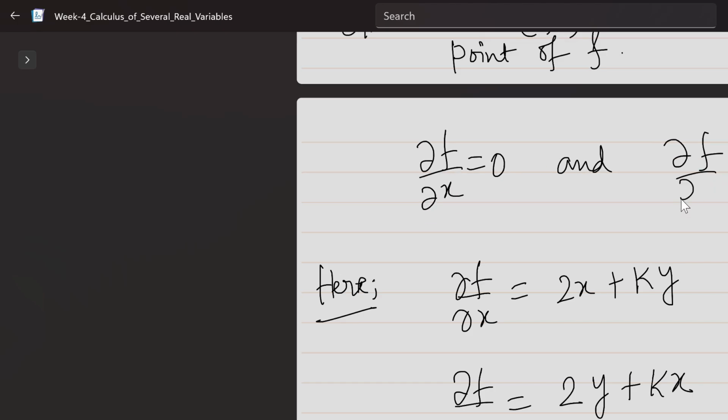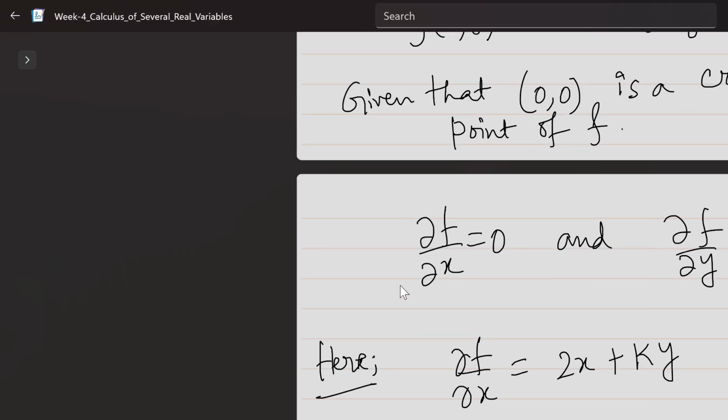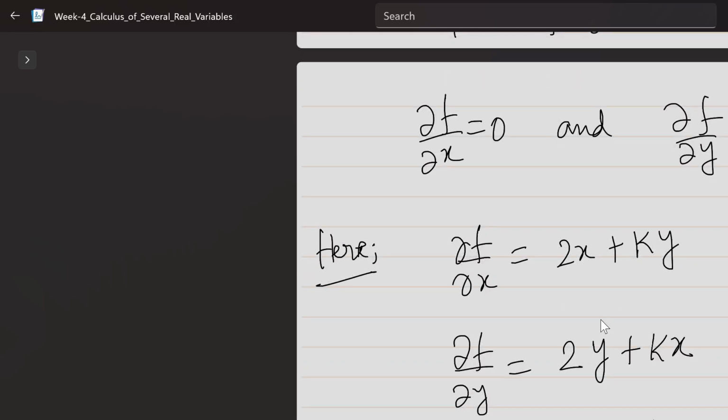If you solve these two equations, del f del x and del f del y, like this only, you will get 0, 0 as a critical point. But it is already given that 0, 0 is a critical point. So I will write here, we have to solve for k. If you simultaneously solve the above equations,